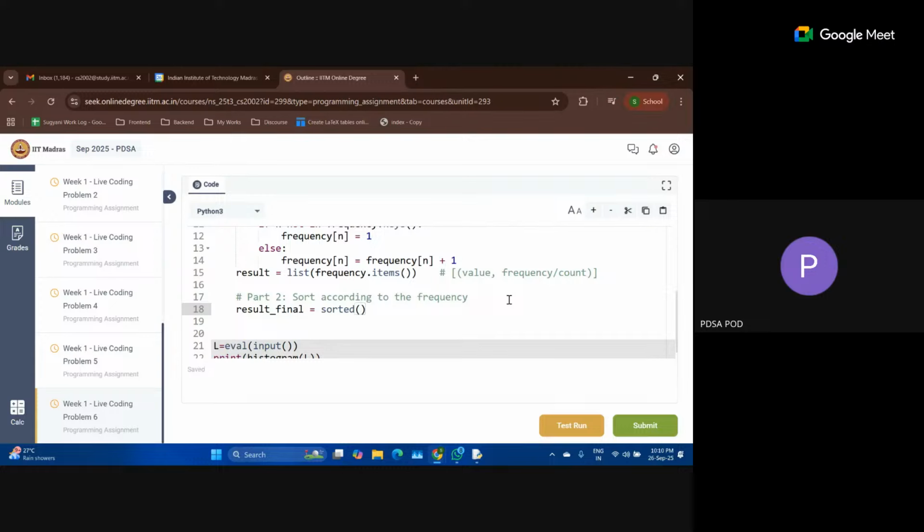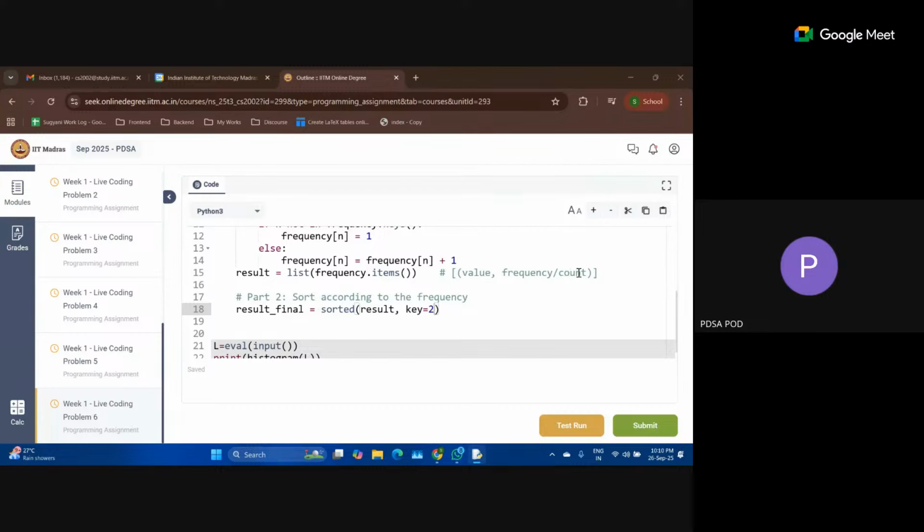There is a function called sorted, which will take the result list, and we want to sort this according to the second element in the sublist.